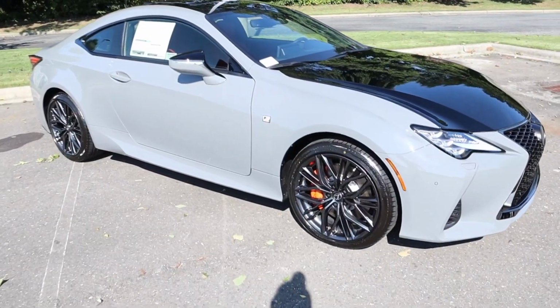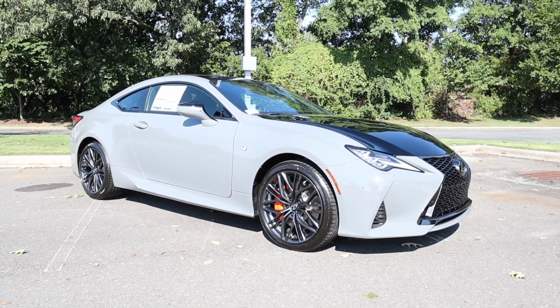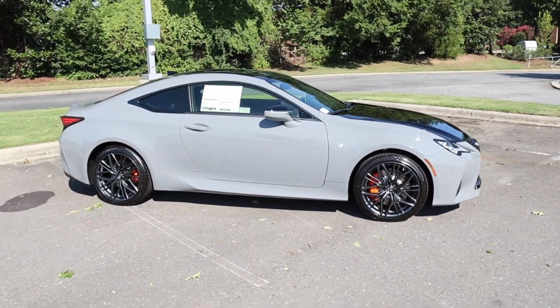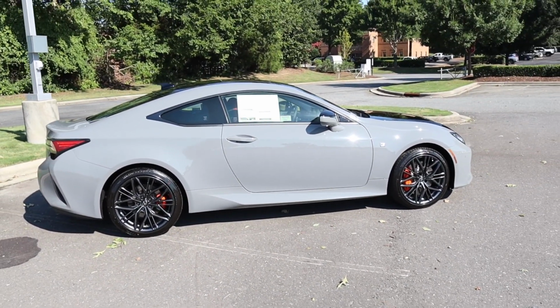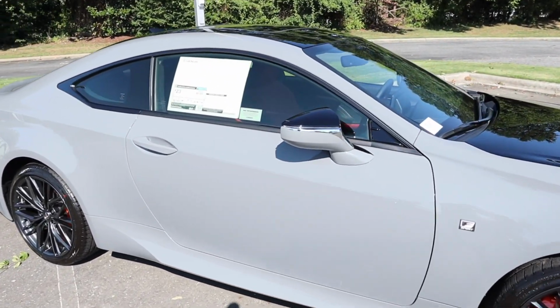And this package also provides it with these 19-inch wheels. These have a dark gray finish to them. This even has the F Sport tuned brake calipers with Lexus on the front there. They are just painted in the rear. It says on the window sticker that the F Sport brakes are only the front calipers, so I think we have standard calipers for the rear. This also, however, has the F Sport tuned suspension, so it's going to give you those really nice handling